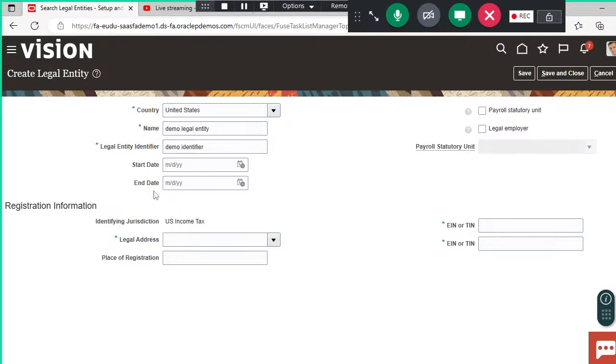And start and end date are not mandatory. If you want to add, you can add also. The next important thing here is the payroll statutory unit and legal employer. So legal employer is someone which employs people, and payroll statutory units are registered to report payroll tax and social